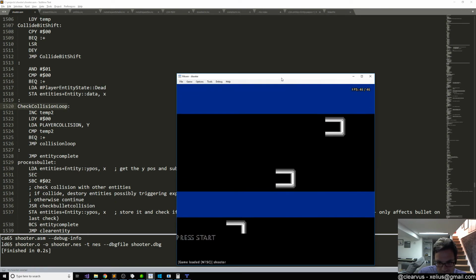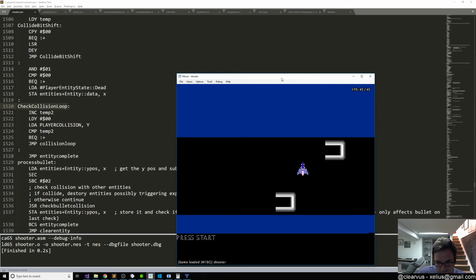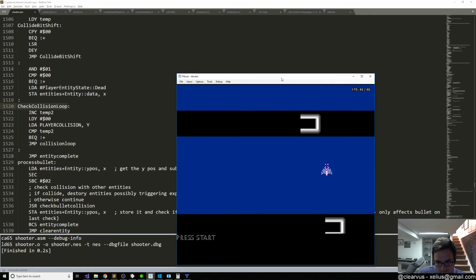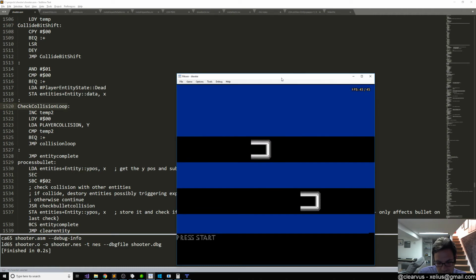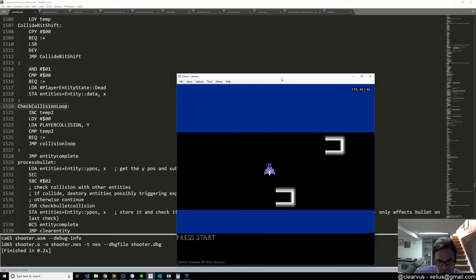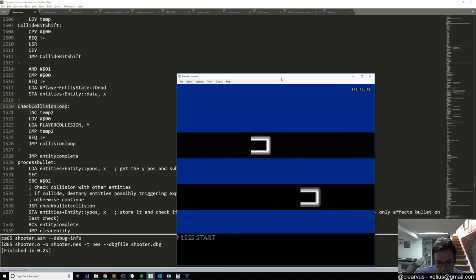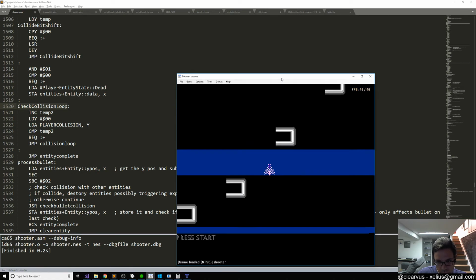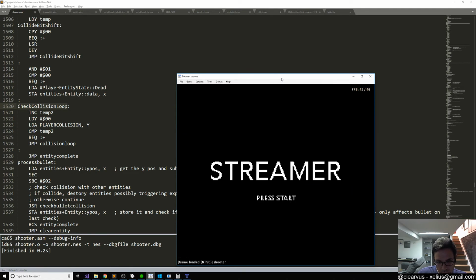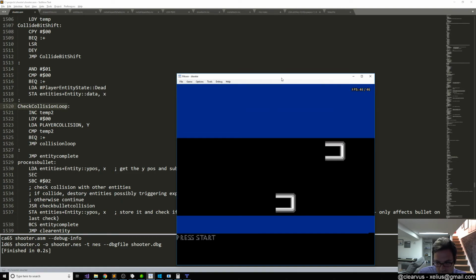Now, it's still not 100%, and that's not because of the collision detection. That's because of the way that the meta tile is laid out with the collision on it. It looks like it's pretty darn close to, if not exactly as expected. So I'm